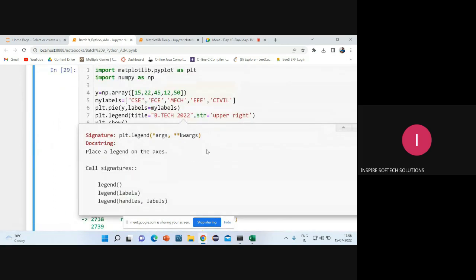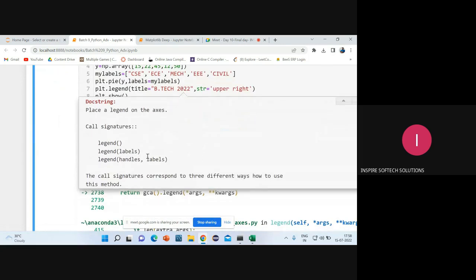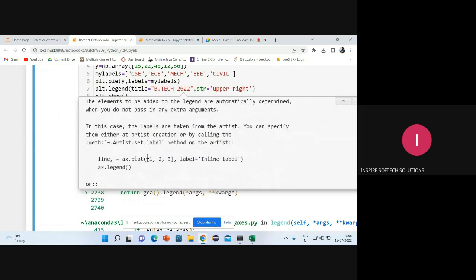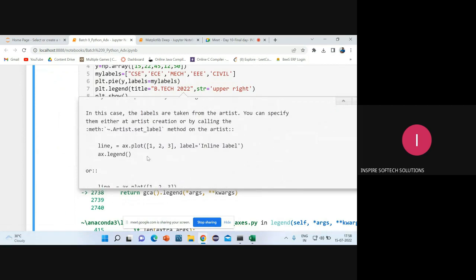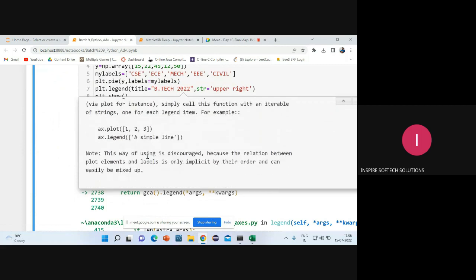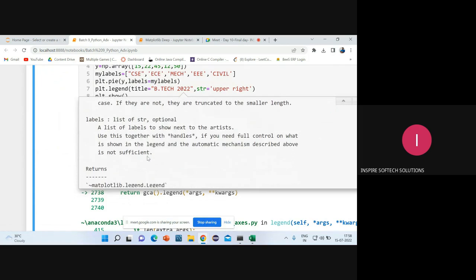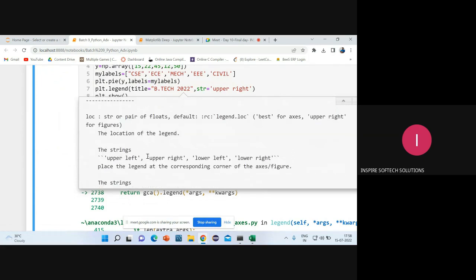What parameter do we have to pass? Okay, I think so. Oh, okay, we have to use a location. So for rc, legend.location default, you'll be having this. So best will be there, so upper, and for the legend location,